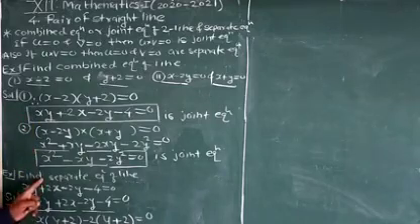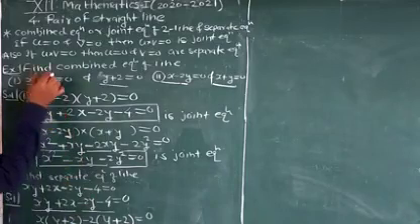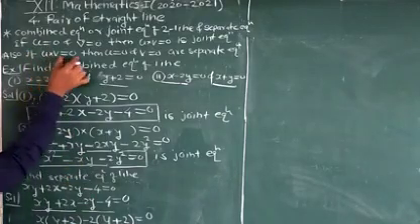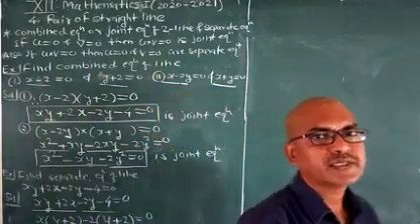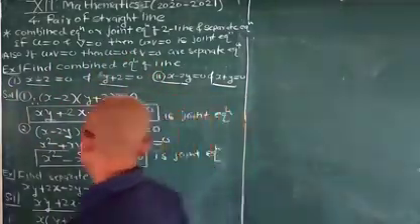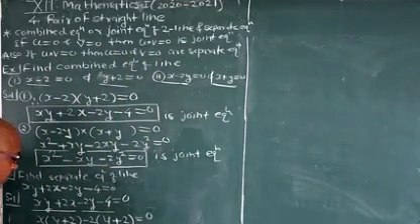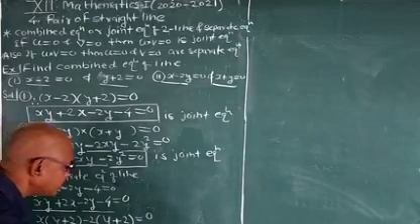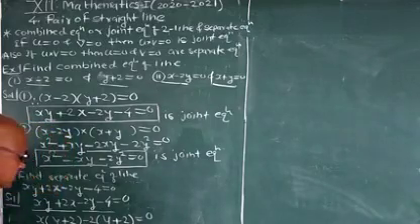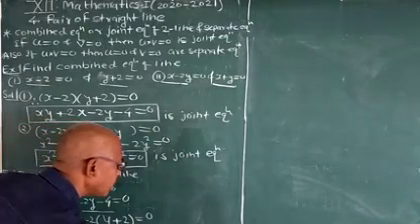We have to find the separate equations. If u into v equal to 0, then u equal to 0 and v equal to 0 are the separate equations. So we can say y plus 2 equal to 0 and x minus 2 equal to 0. We can highlight this answer as the separate equations.